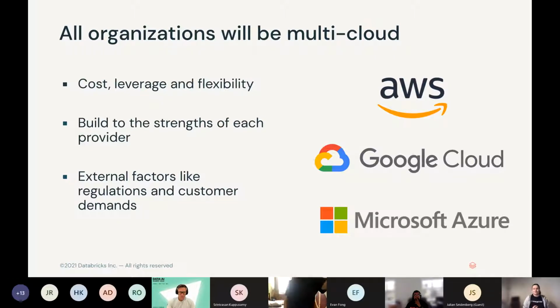You can also build to the strengths of each provider, because clouds are not really equal. Some clouds are better at one part of things and other clouds are better at others. For example, Azure probably would be security. They're really strong at security. Google has a lot of AI capabilities that other clouds are not really on par with. AWS is quite good at DevOps and also the flexible tuning of things. So it is good to be able to mix and match, having a multi-cloud environment.